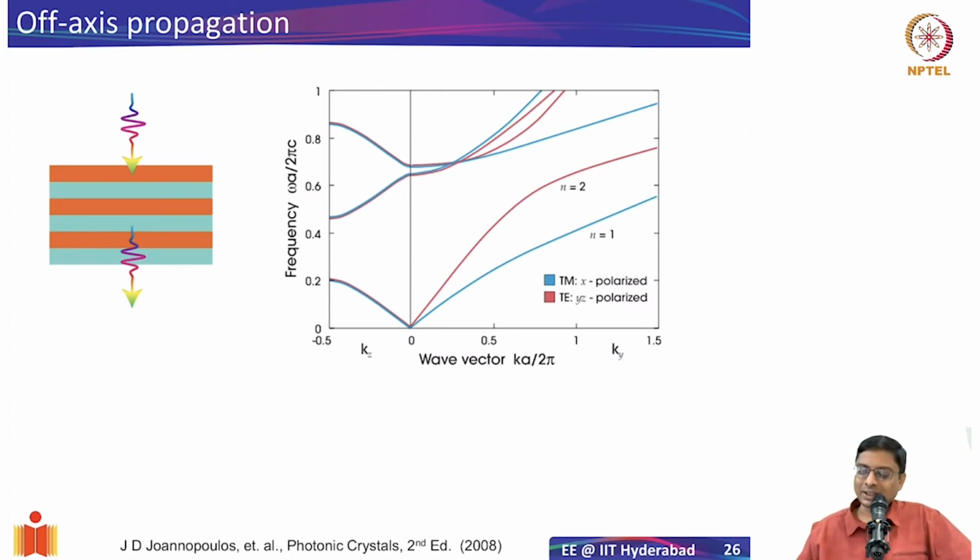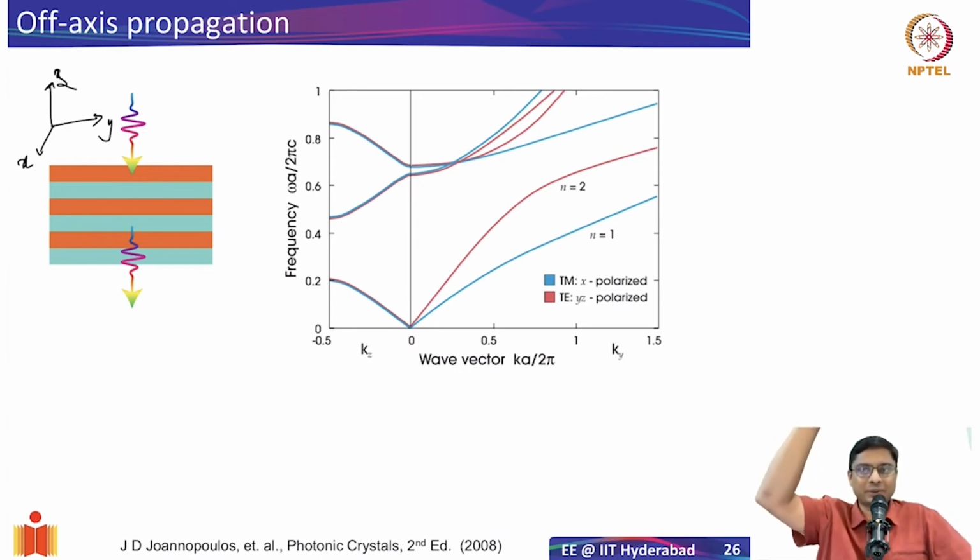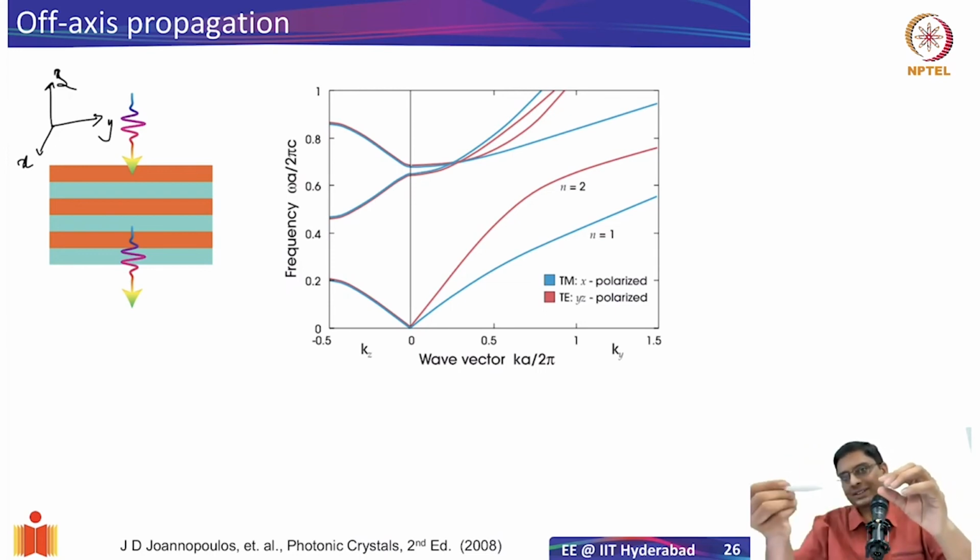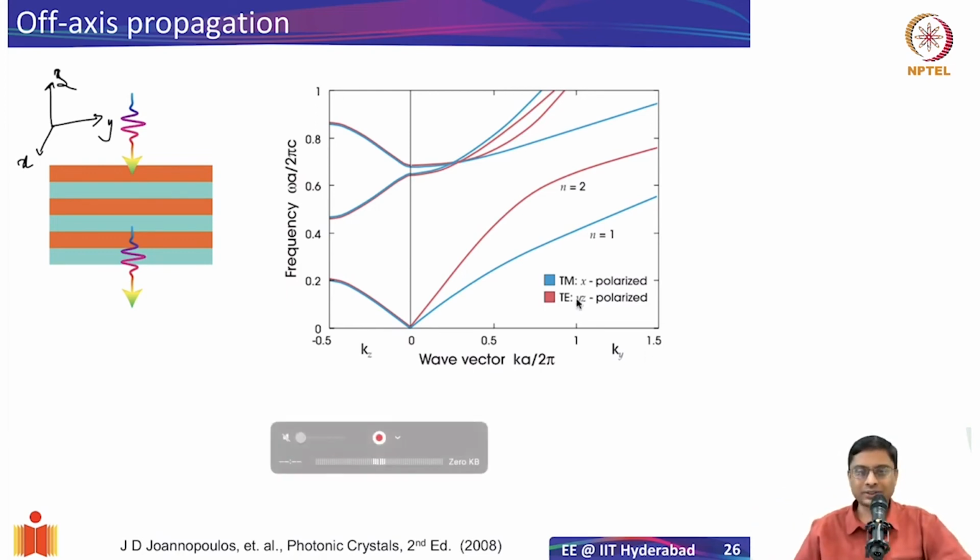Well, I can simply assign a Cartesian coordinate system to this. So let's say this is Z and this is X, Y and Z, and the incidence is in the negative Z direction. When you have such a scenario, we've already discussed the band structure. What happens? Now an electromagnetic wave is incident from the top. So you can have the electric field in the X or Y directions. For example, now your electric field can have two particular conditions.